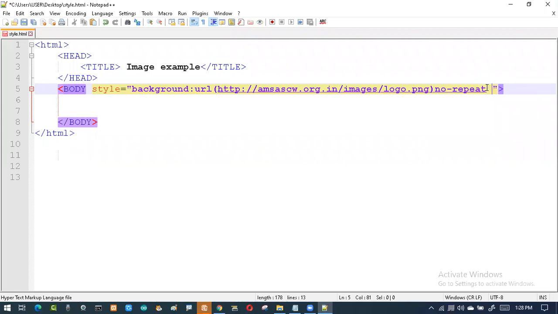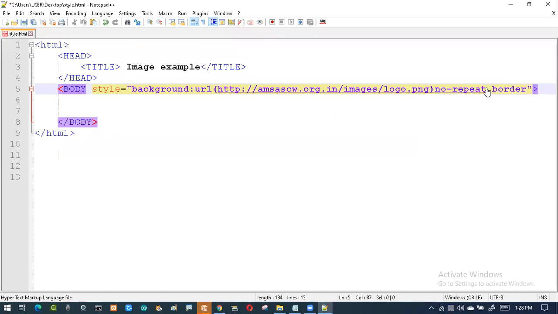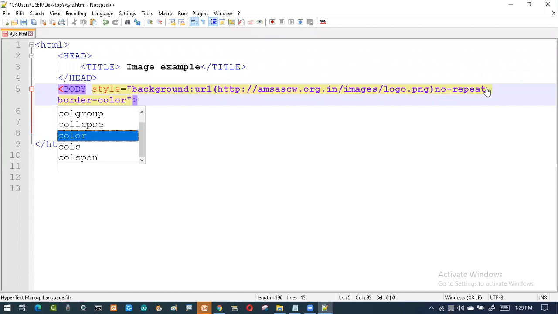Then here I want the border color. Then I'll say red.